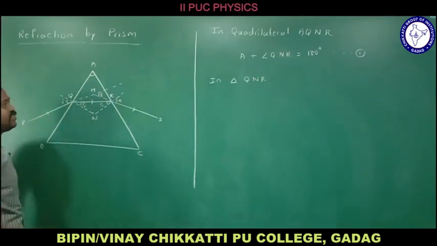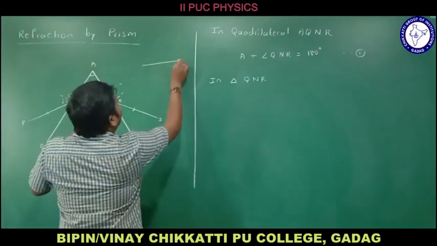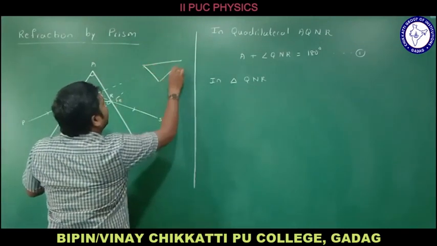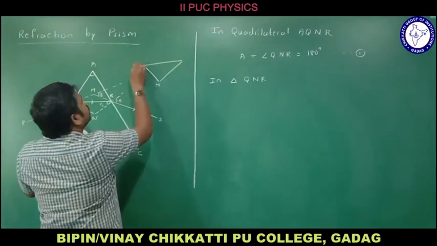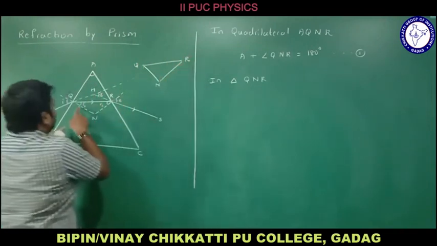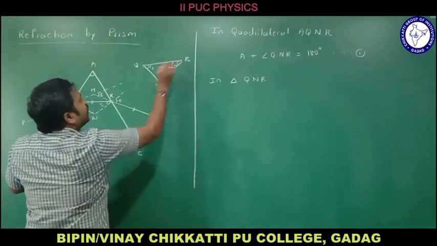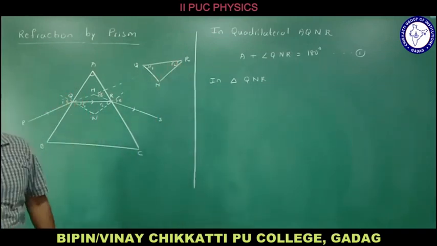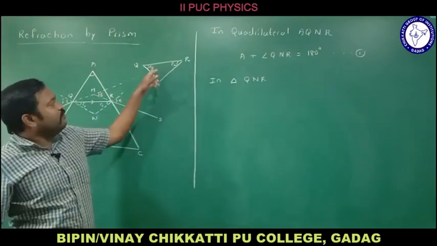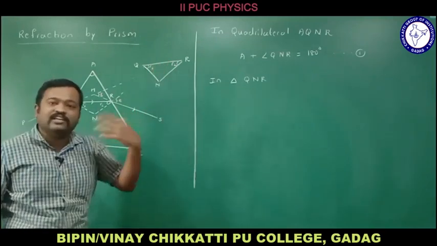QNR. This is the triangle which I am taking here, right? Do you understand? So this is the triangle which I am considering. This is Q and this is R. This is angle R1. What is this angle now here? It is R2. In triangle QNR, we know that the sum of angles in a triangle is equal to